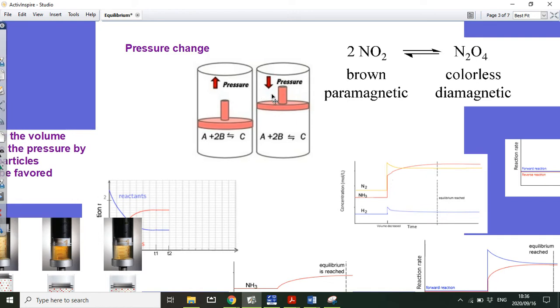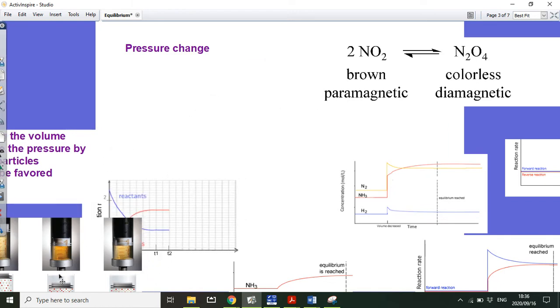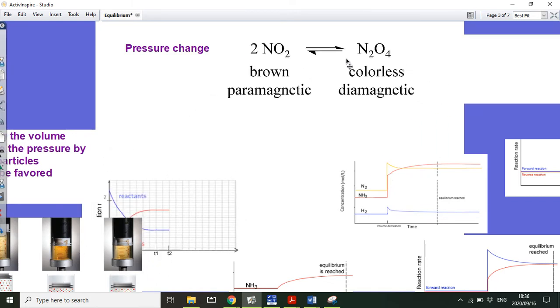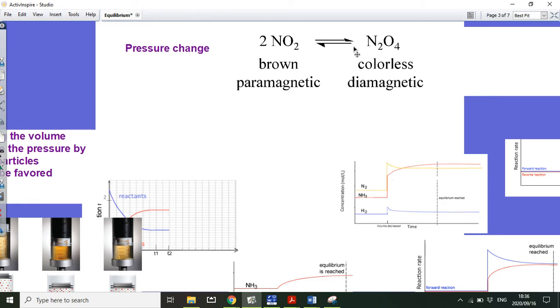Now, if we look at a specific reaction and see how we're going to explain that using Le Chatelier's principle, let's look at this reaction. This is a common one that's often asked. NO2 is a brown gas. N2O4 is a colorless gas. Now, if you look at the equilibrium here,